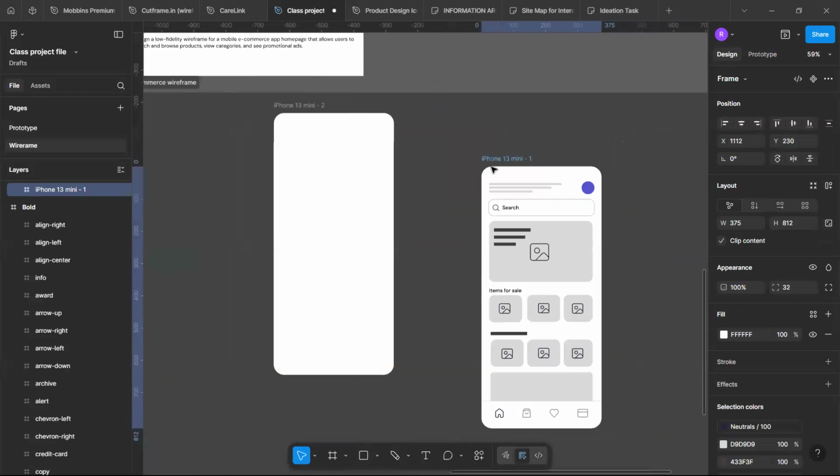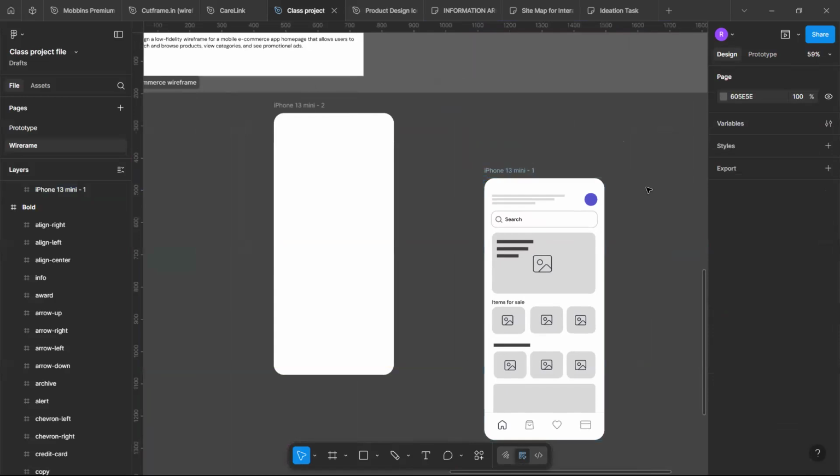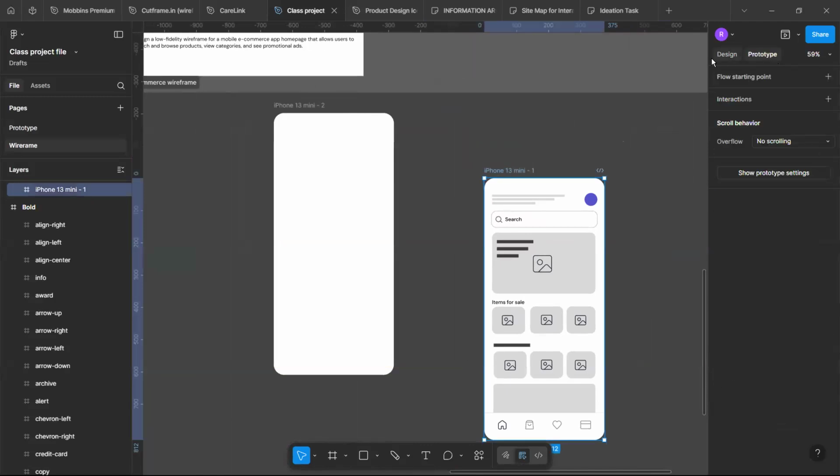So if it's a frame, it's different. It's not just a rectangle. It's not just a background. It's a frame, right? So when we start creating designs, the first thing you get is your frame, like I've said before. So you can also prototype it because it's a frame. When you click on prototype, it takes you to the